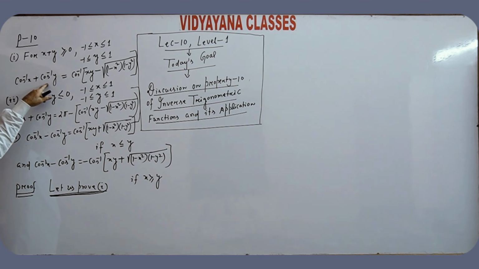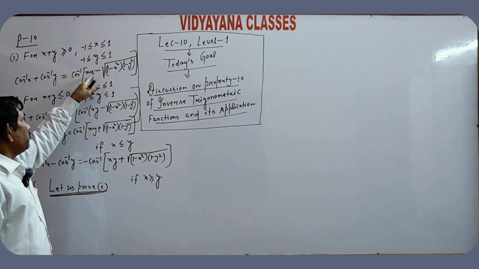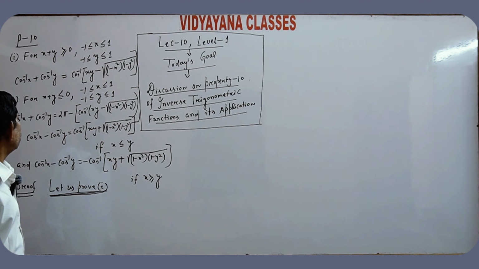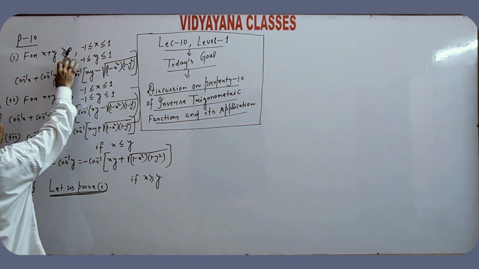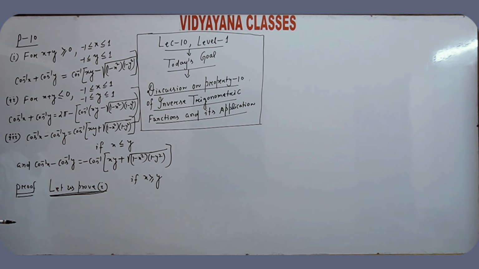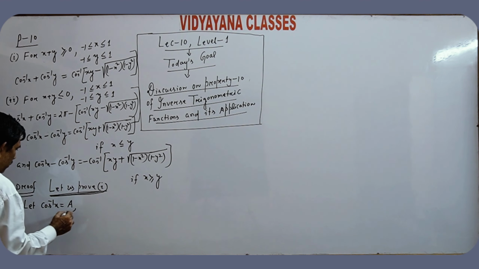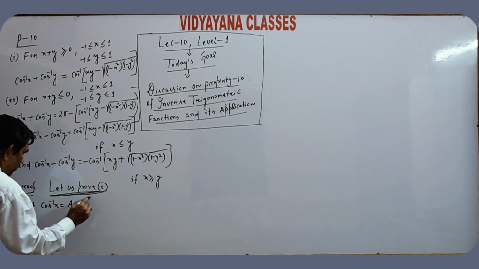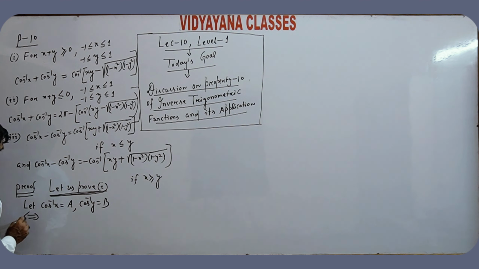Cos inverse x plus cos inverse y is equal to cos inverse of xy minus root of 1 minus x square into 1 minus y square, for x plus y greater than or equal to 0, x greater than or equal to minus 1 and less than or equal to plus 1, y greater than or equal to minus 1 and less than or equal to plus 1. Let cos inverse x is equal to a and cos inverse y is equal to b,